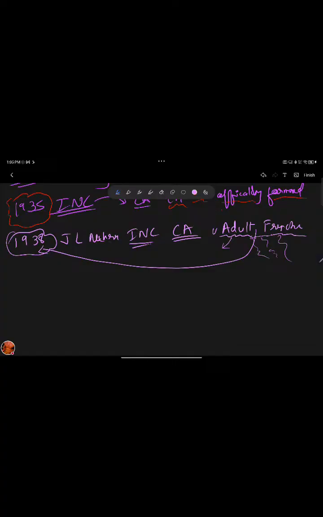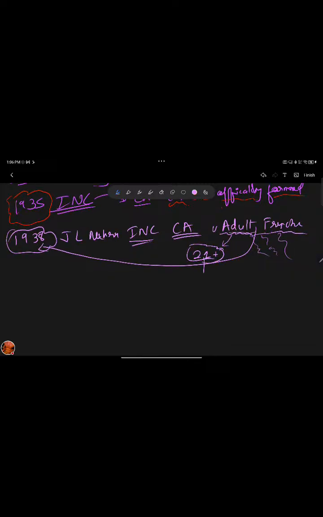The ministers also. So adult franchise we asked for, and this adult franchise at the time of independence was 21 years plus, but it changed to 18 years plus with the 61st Constitutional Amendment Act of 1968. So 68: 9 minus 1 is 8, so 1968. You can remember it like that. So 21 to 18 was changed by the 61st Constitutional Amendment Act of 1968.